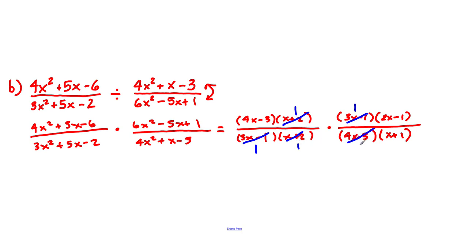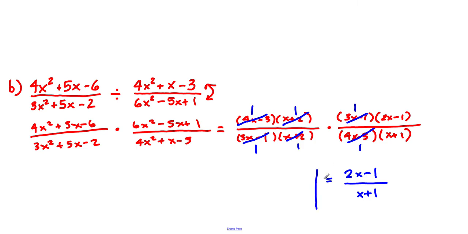And 4x minus 3 and 4x minus 3 give us 1, because we're multiplying them there. So 1 times 1 times 1 times 2x minus 1 gives us 2x minus 1. And 1 times 1 times 1